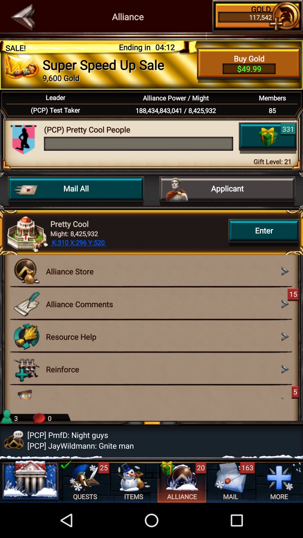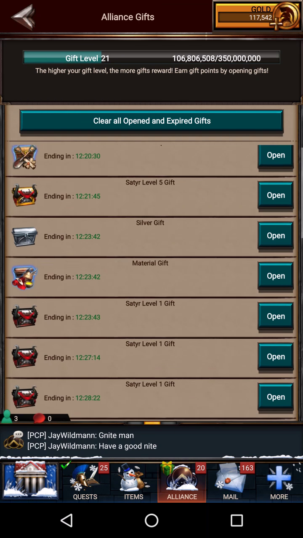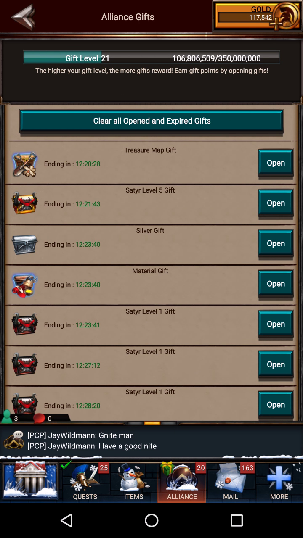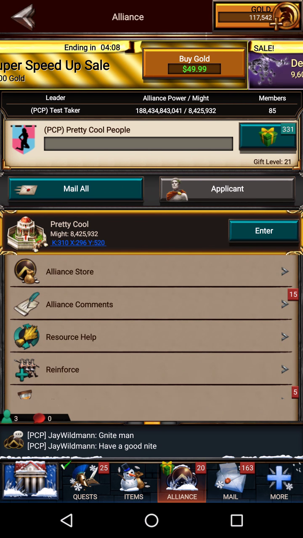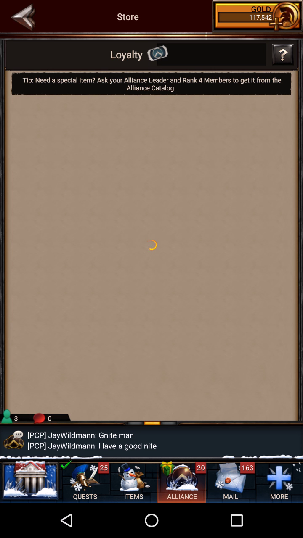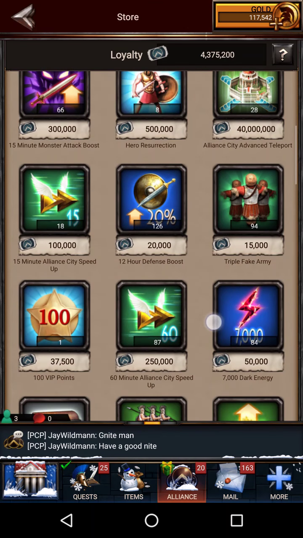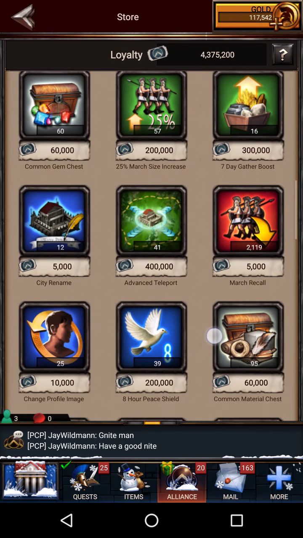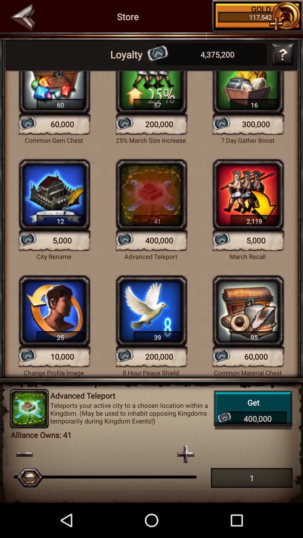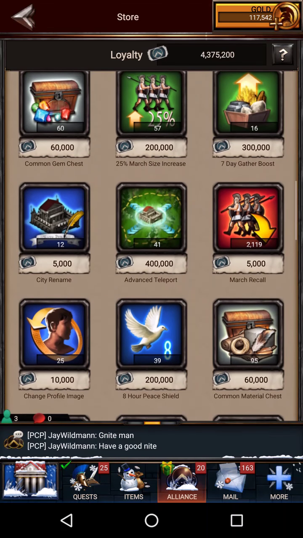Again, if you can get an alliance that has a lot of spenders, you can accumulate these gifts, and they really help when you're smaller, trying to pick up food and resources and speed ups. You also get loyalty points, so I'm up to like 4.3 million, and I can use these for little things like, for example, what I use them for is teleports. Maybe not an advanced teleport, but I do buy